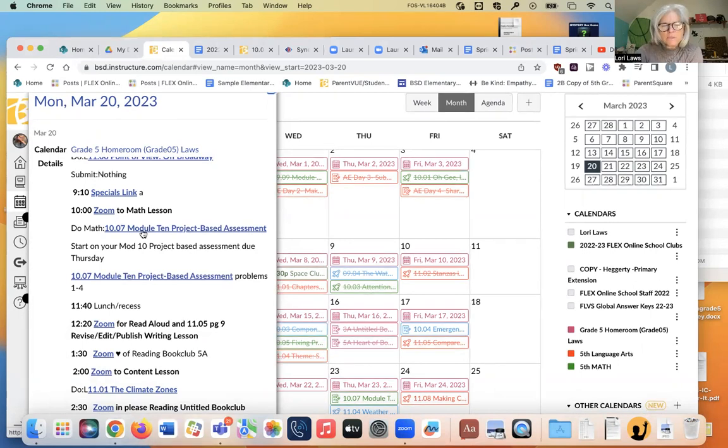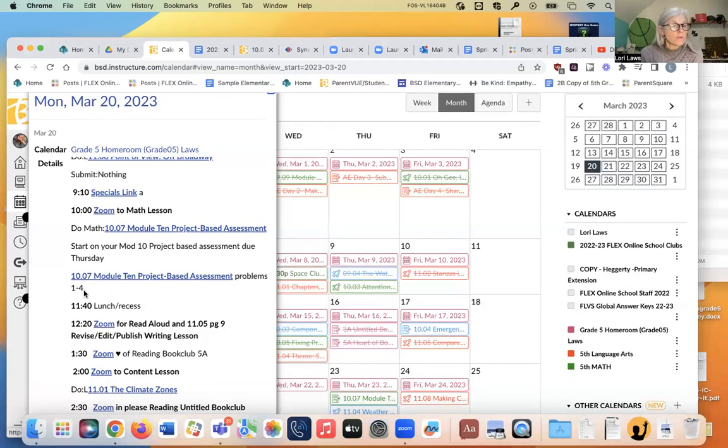10.07 is kind of different than what you've done. It's a 4-day project where you're doing a few problems each day. Make sure you're working in a dark colored ink pen so that I can see your work if you're working on paper. If you're doing it online, make sure you use Kami and you show me your work. Even if you're using a separate tab to do the calculations, please write down what dimensions you're multiplying. So if you're multiplying 2 times 3 times 8, even though you do it on a different site, make sure you write down the 2 times 3 times 8 equals blank so that I can see where you go wrong if you're making mistakes.